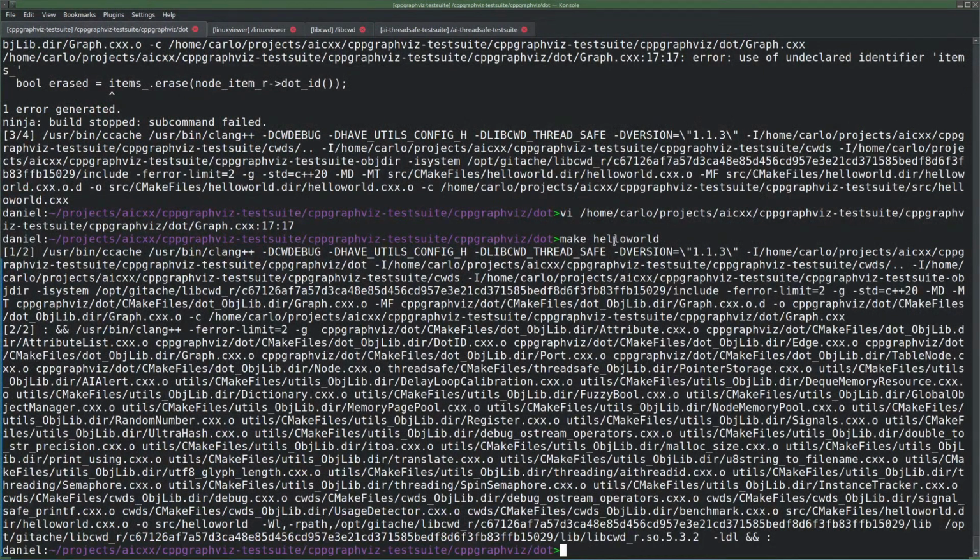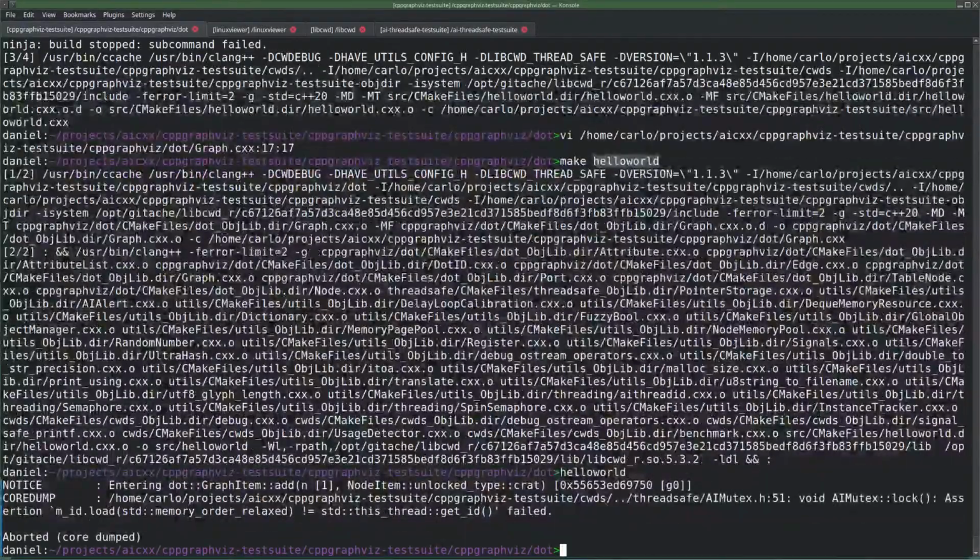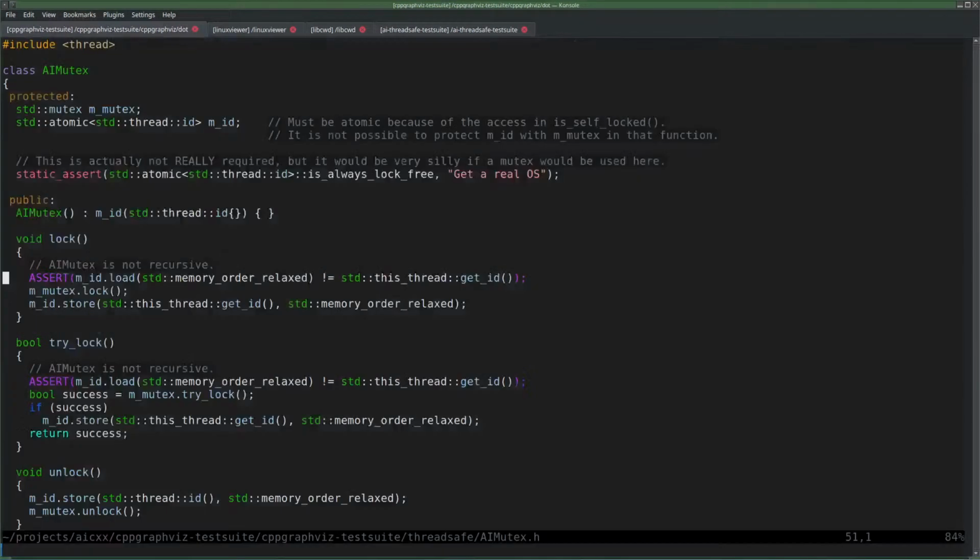Yeah, well, it compiles. I don't know. Assertion: MID load is unequal get ID. Oh, the atomic stuff. MID is unequal get ID. Strange. Oh, it just detects that now that we are doing a recursive lock.